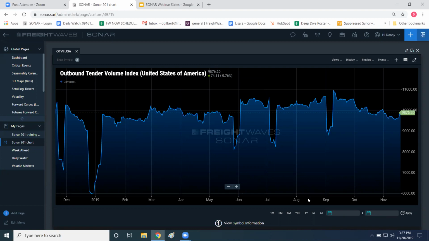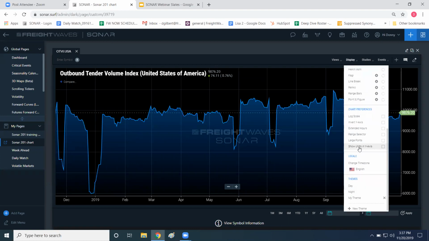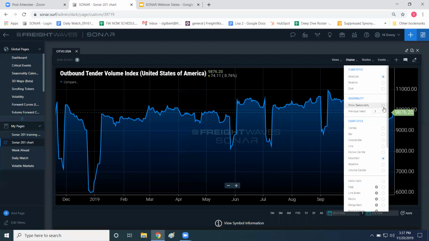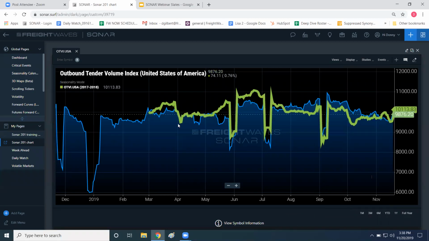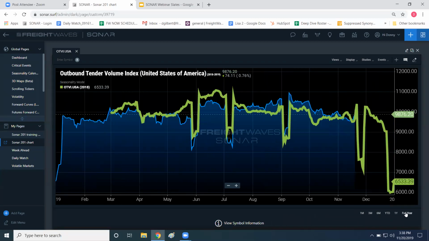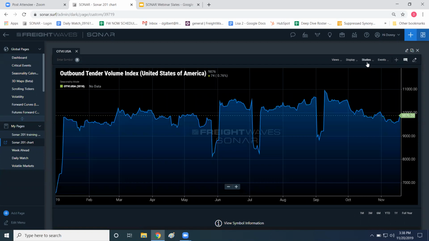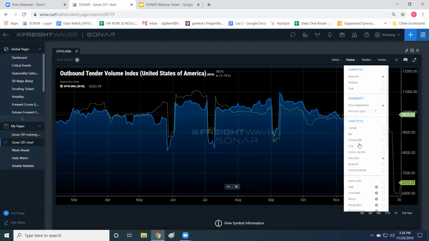Now, another really cool feature here is up here in display. First of all, I'm going to just scroll down here and I'm going to turn it on large font so it makes the chart just a little bit bigger. And I also want to show you here our previous years. I'm going to go back to 1 year, and then I'm going to select show seasonality. And this right here, I'm going to click full year. And it's going to show me, let me turn my large fonts off here, what's going on throughout a full year